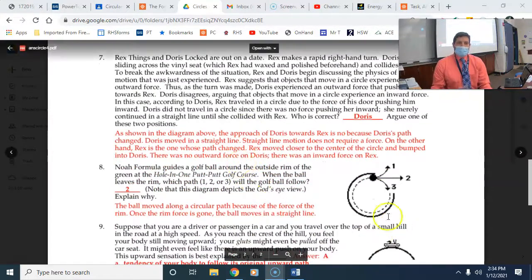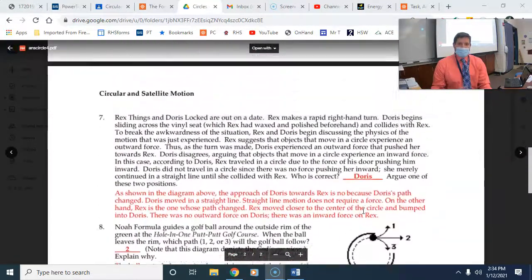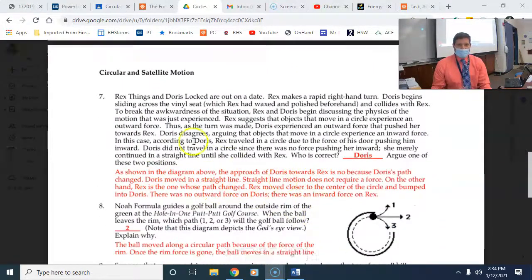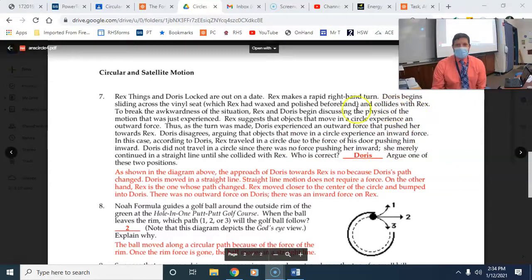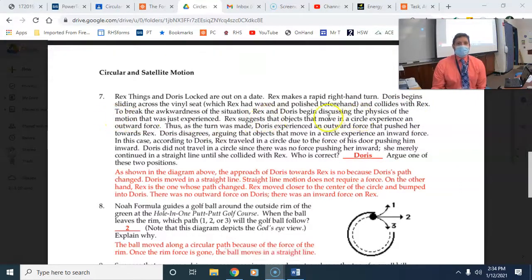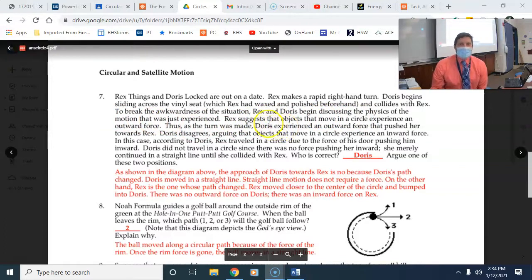All right, moving along, there are 4 questions on the other side. It's kind of a big situation described for a small answer, but it says Rex and Doris are making a rapid right-hand turn in a vehicle. So this is like the situation we just went over. Doris begins sliding across the vinyl seat and collides with Rex. To break the awkwardness of the situation, Rex and Doris begin discussing the physics of the motion that was just experienced. Rex suggests that